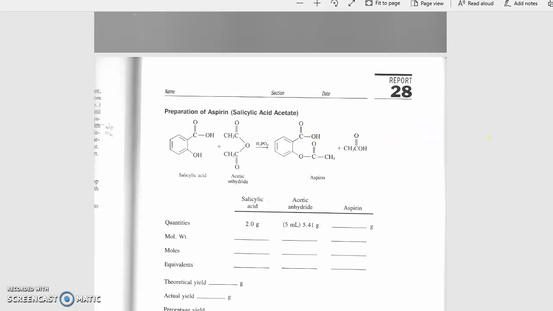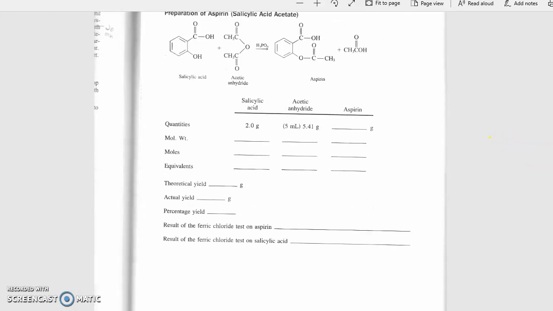Another one of the things involved in this particular lab is this test down here. The result of the ferric chloride test on aspirin, the result of the ferric chloride test on the salicylic acid. Now, the idea of the ferric chloride test on any compound is it determines the presence of a phenol. And this is a substituted phenol here, right? You've got a benzene ring with an OH on it. So the presence of this group right here means that there's a color change when you add ferric chloride solution